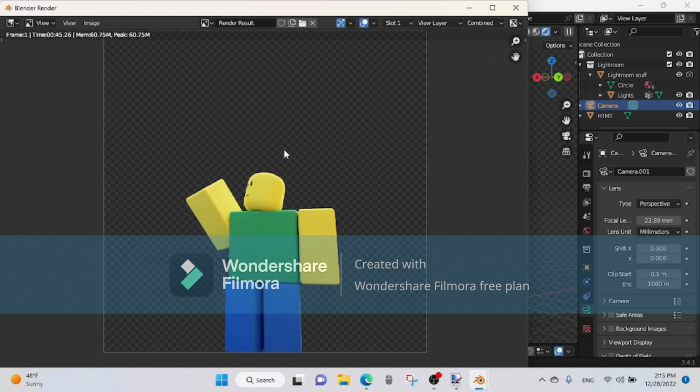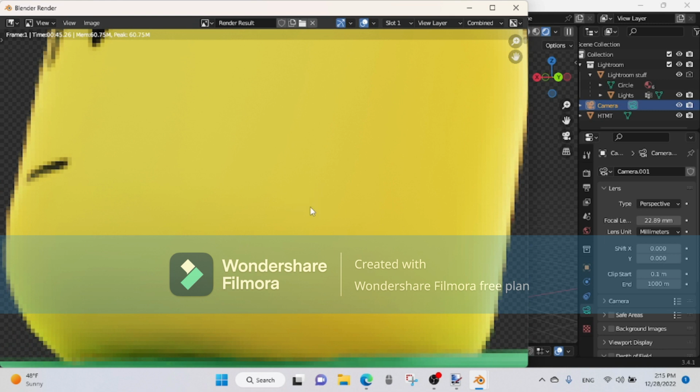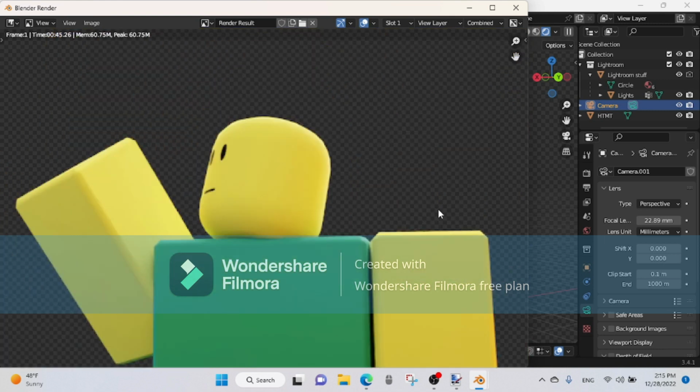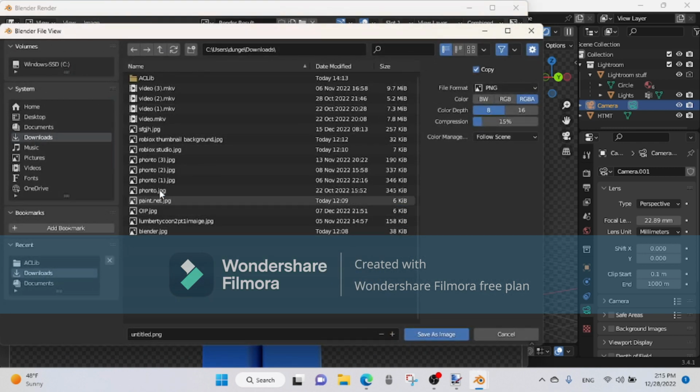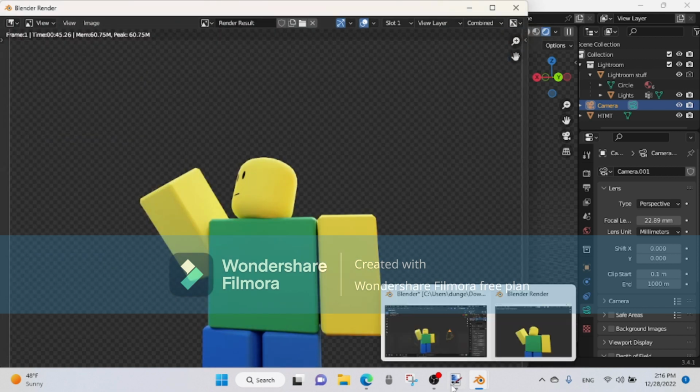Okay, and when it's done rendering, I think it's done. The pixels will stop moving. You can click image and save as. And you're going to save it as the HTMT if you can find it. Or, no, you're going to name it. So I'm just going to go HTMT and save as image. Now you're going to go over to,